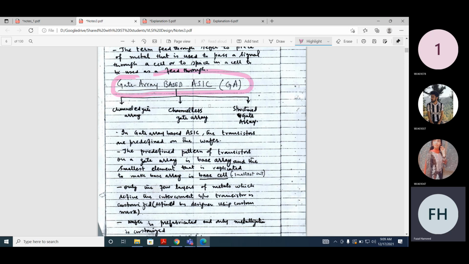It is like a pizza. Just think of a pizza. If you see the full custom ASIC, you don't know the composition of the pizza. How much flour you have to use, how much water, how much salt. You don't know the formula. You are doing experimentation, and based on that experimentation, you define it.